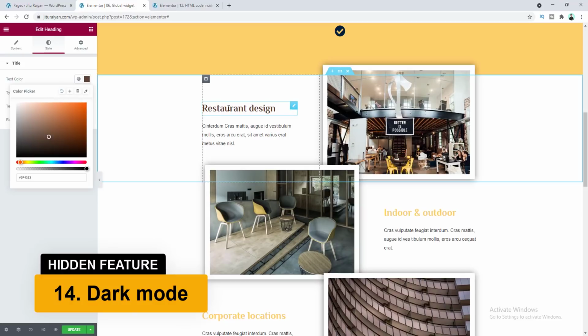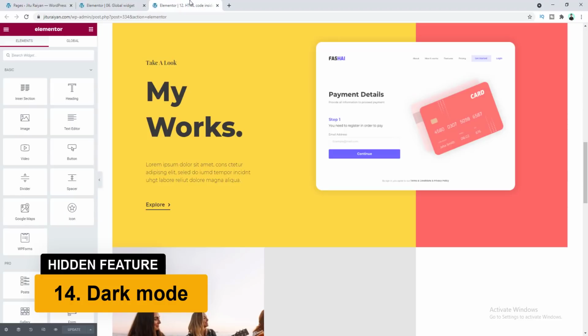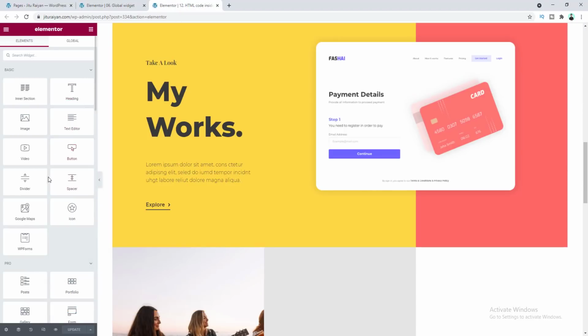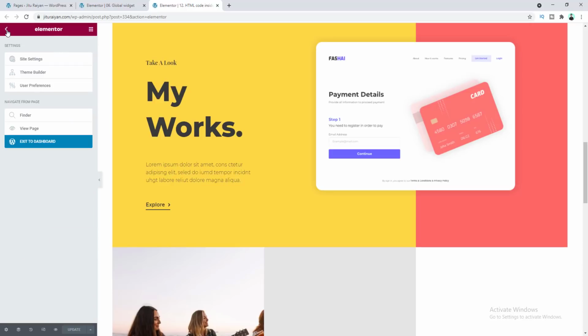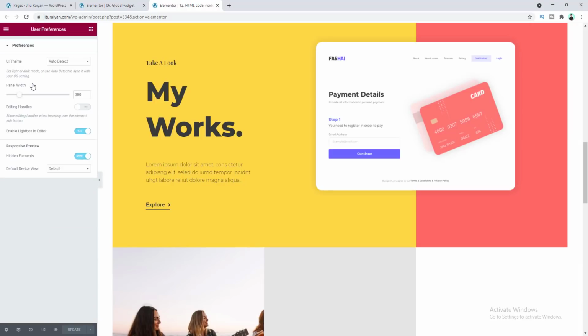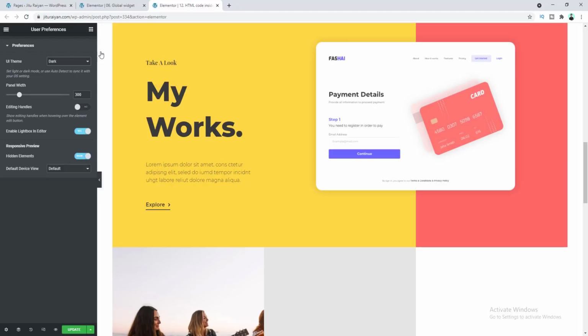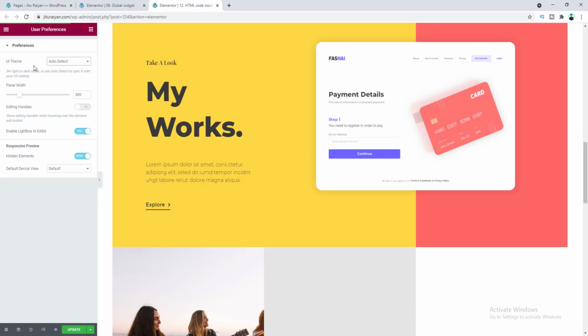Then let's go to our next feature, which is the dark mode. So here on the Elementor panel, if we go to the top left corner and go to user preferences, from here you can change the UI theme for the Elementor editor. So if you set it to dark, it will become dark. And here is also the option for auto detect. So this auto detect option will automatically detect the theme from your operating system. So if you have a dark theme on your Windows, this will automatically detect from your computer and apply this